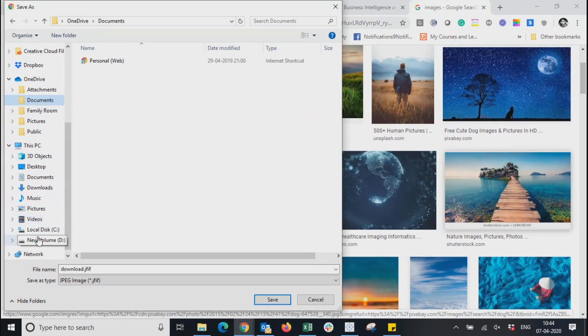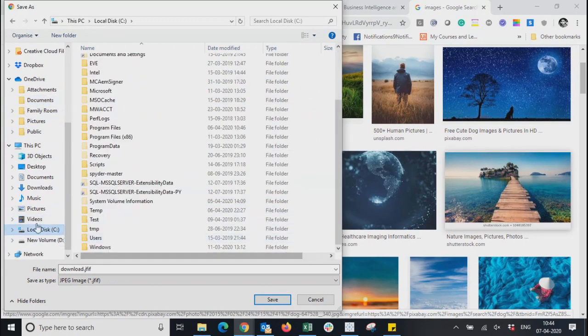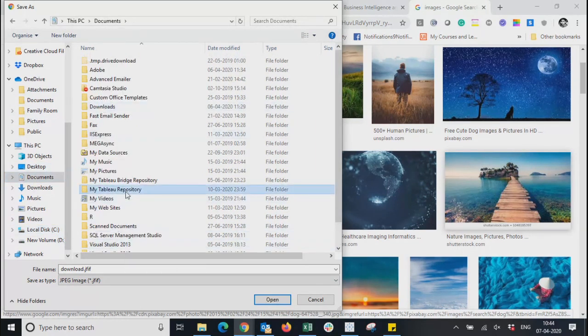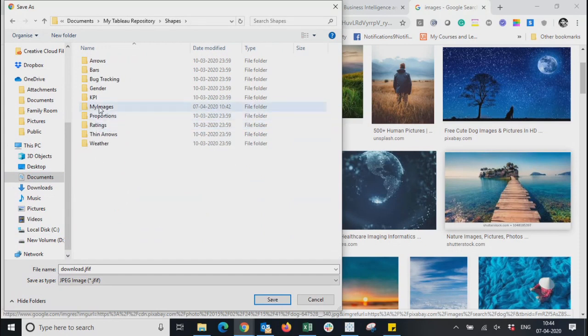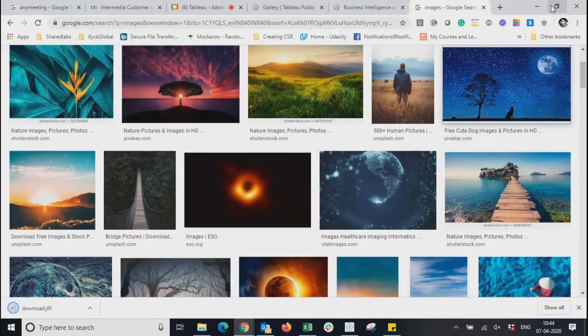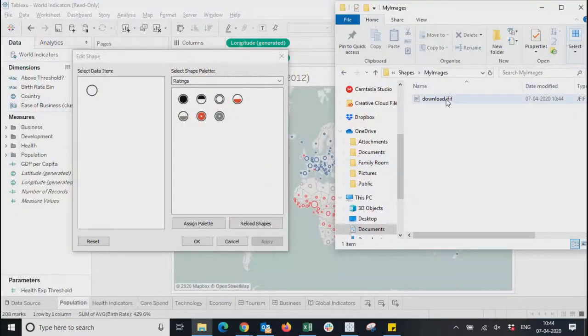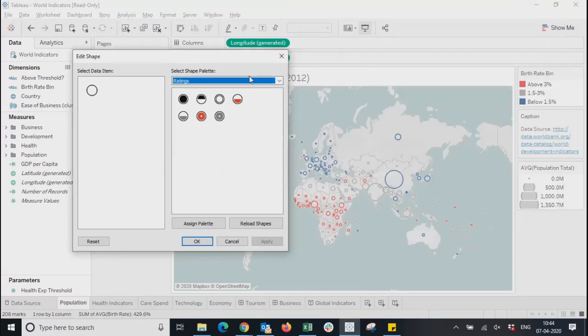Then I will go to Tableau repository, then shapes, and my images. I'll save it here. Okay. I just saved it. Now you can see one file here. Not sure if there is a different data file type, but I will go